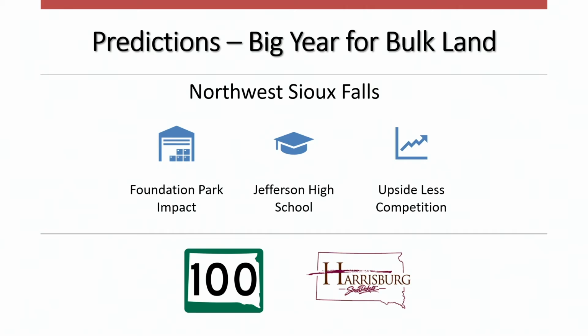Foundation Park has announced 2 large employers that are coming into the northwest sector of Sioux Falls. And Rob's going to talk more about that, but that could increase the demand up there in Northwest Sioux Falls. Jefferson High School, finally going to ring the bells in the fall, bringing a lot of activity out to Northwest Sioux Falls. And then finally the upside, there's not a lot of large-scale developments happening in the Northwest Sioux Falls